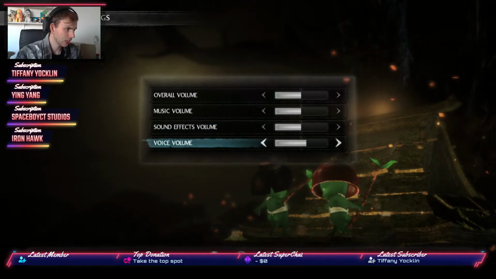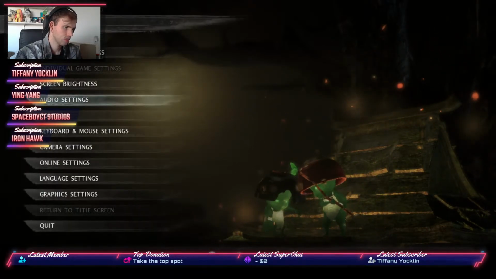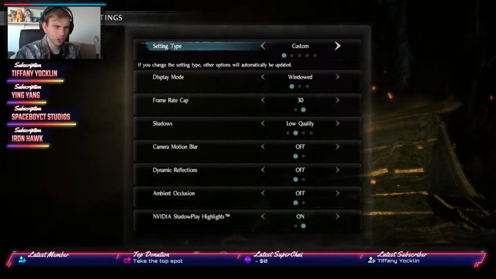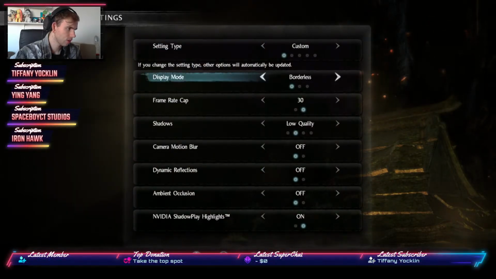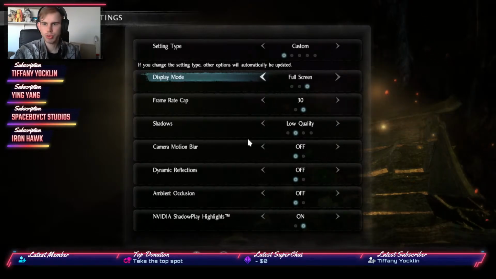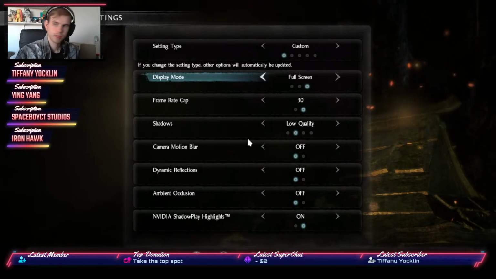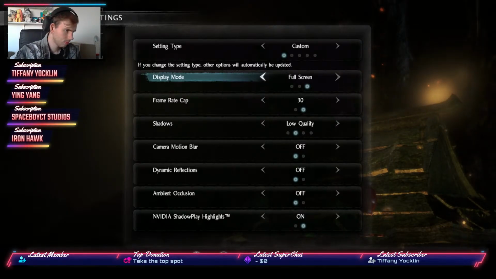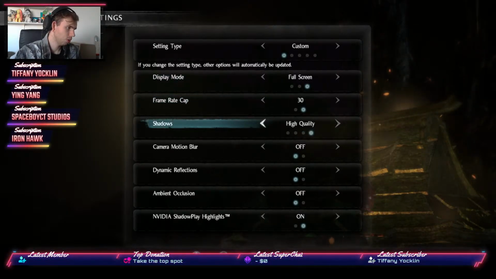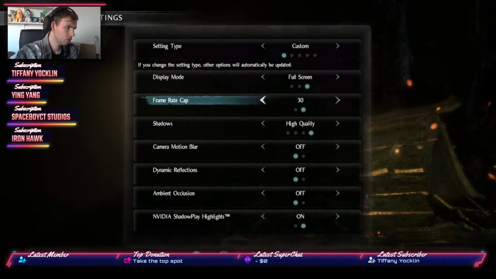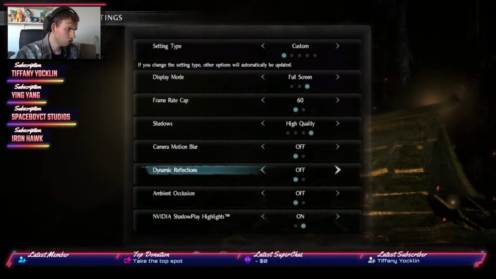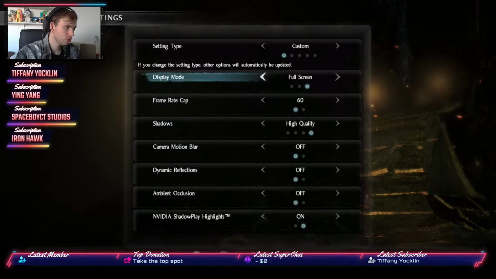Turn that down by at least half of it. And then there's the graphics settings. This is right now playing in a window, which I'm not a fan of. So I want this to be full screen. I hope that doesn't affect my stream quality. And I also want all of this to be... Frame rate cap is going to be 60. Motion blur is going to be turned off.